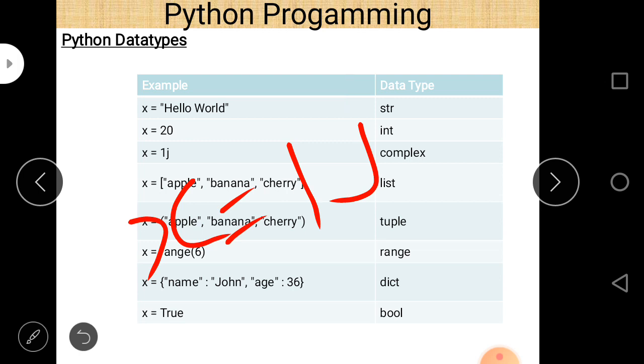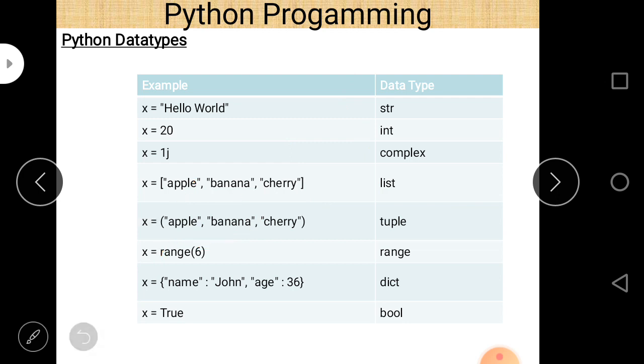Then a string, then a list. List is another data type. We can easily see that this bracket is used, and there are three different values. Basically strings are given: apple, banana, cherry. So these are the elements of a list.